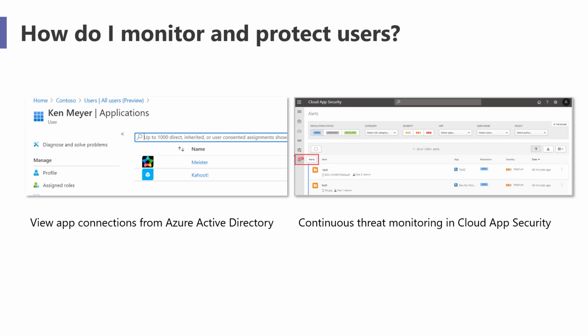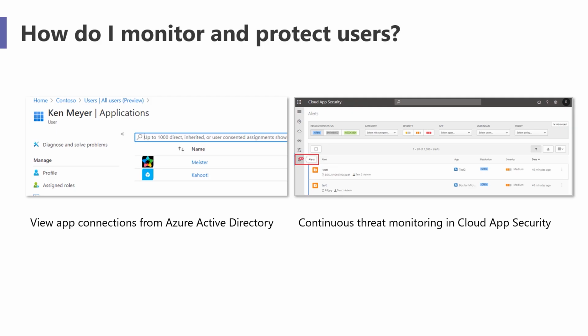And on the right-hand side, we always then can see the capabilities of Microsoft security services. And so this is where, when you are using services like Cloud App Security, it's continuously monitoring your environment as well, making sure that your identities are being protected and there's no suspicious behavior within your tenancy itself. And so when we think about using the app reports, using Active Directory to see sign-in, we're now getting a holistic view into our environment of who's using different apps, which apps are being used, or which ones are popular. And it's really now a chance for us to go hands-on and really make the best